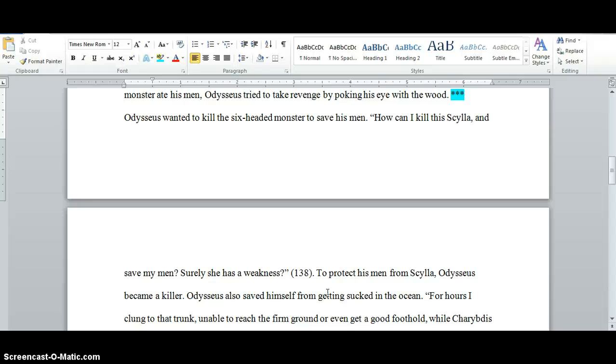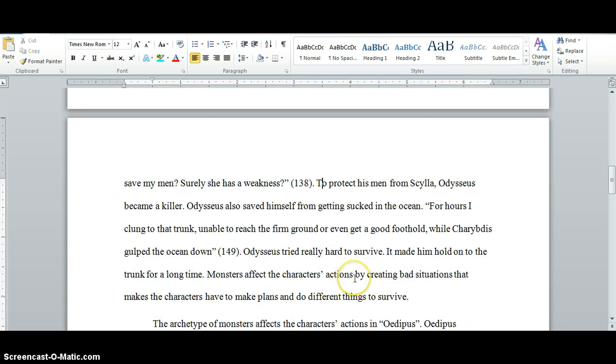But his first action, go back to your thesis, his first action is to ask how to avoid killing his men. You then give the quote, and then use this, what you just said. To protect his men from Scylla, Odysseus became a killer. Perfect. There wasn't anything he could do in order to save them, and he was scared, but he, for the